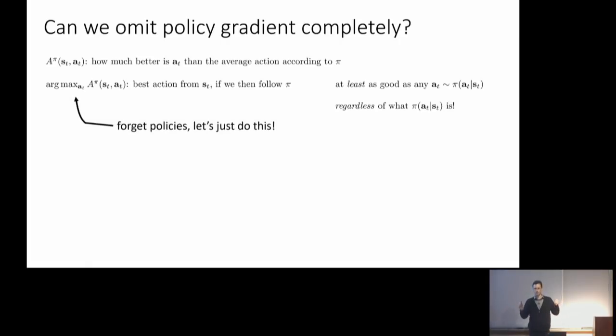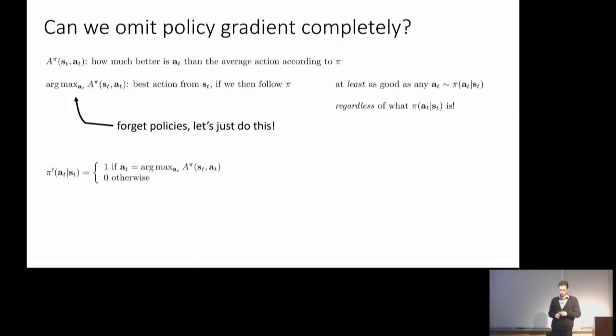So then we can say, well, okay, forget policies. Let's just always act like this. Who cares where pi came from? I'm just going to take my actions using the argmax. Why can't you also look at the Q only without the advantage? Correct, yes. So the Q function is equal to the advantage function up to a state-dependent value. It's the same argument. Yes, that's right.